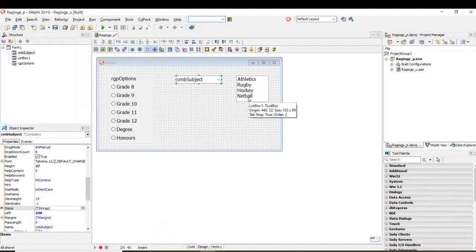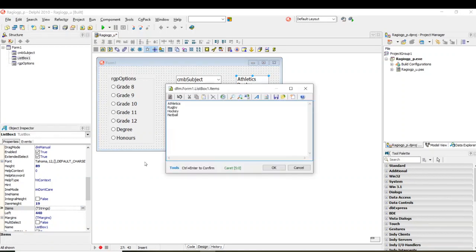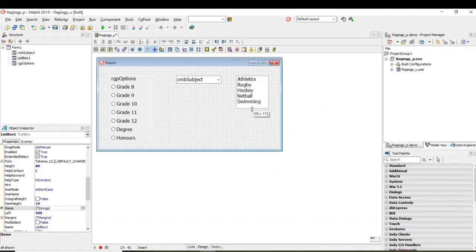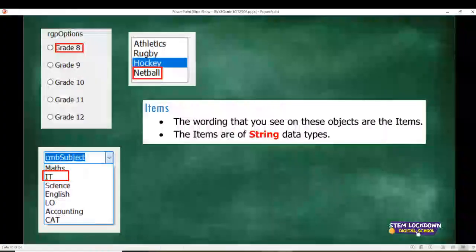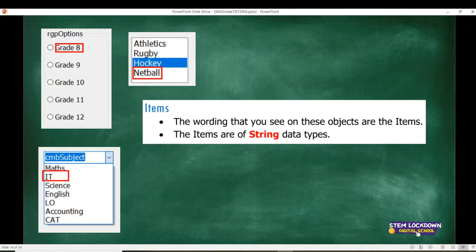And the list box works the same way. Select the list box, find the items property, click the three dots, and let's add, I know the rest of them are basically winter sports, but let's add swimming. And I click OK, and now I have an additional option in my list box. So remember that the items property is the text that you see next to whichever one, and the radio group has something to select. The rest of them are just lists. But the items property holds the words